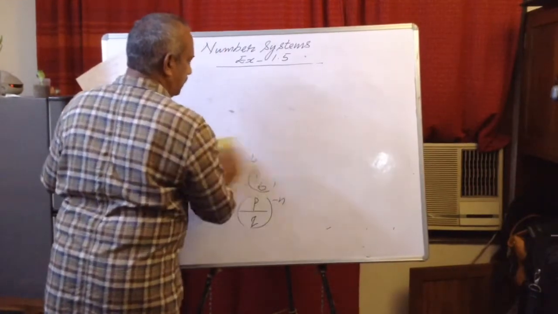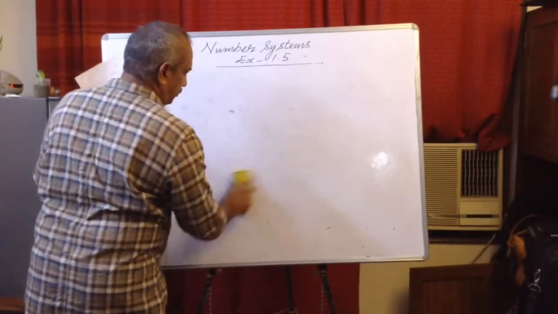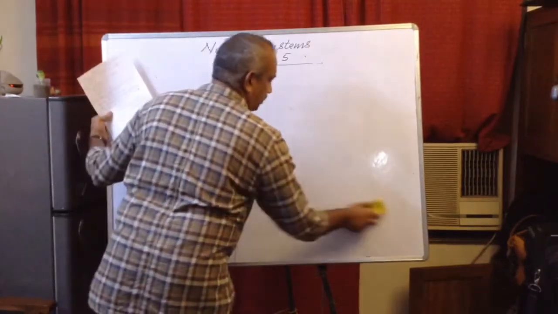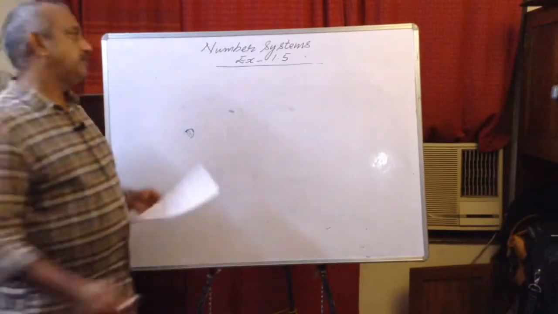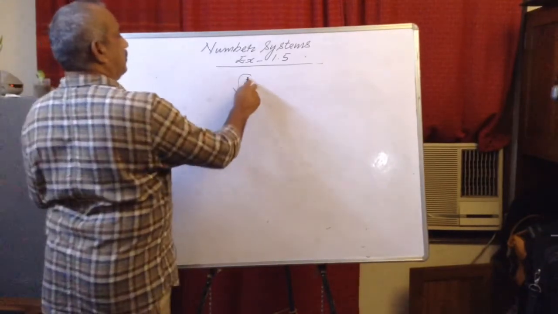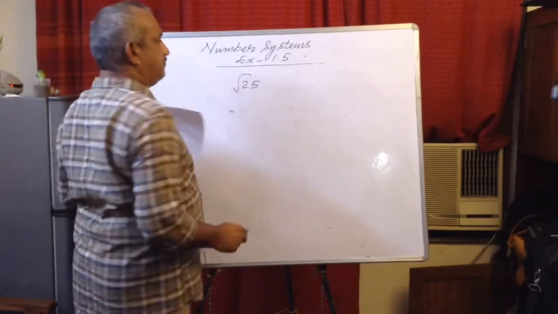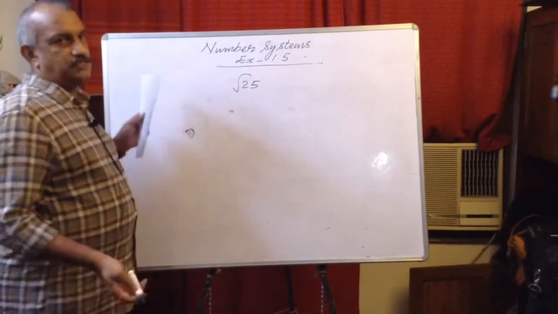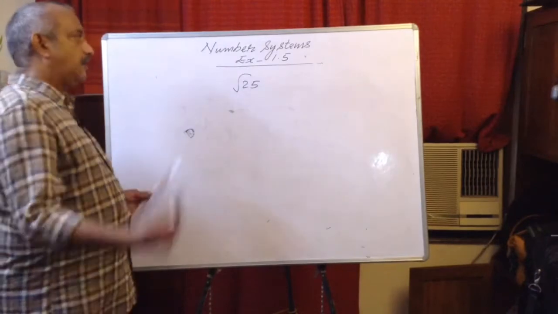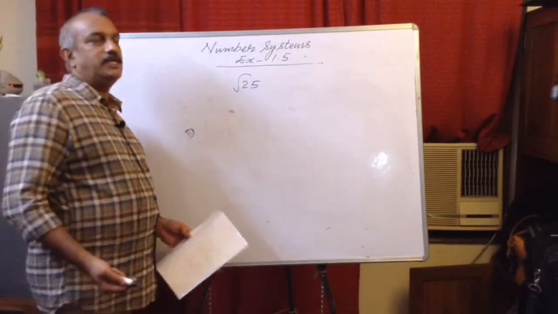Now if you are asked to find out, say, square root of a number or cube root of a number, what we do, we factorize. Say for example, square root of 25, we are asked to find out, so we'll factorize, we'll make pairs of factors. Now we can change into exponent and you can also find out.